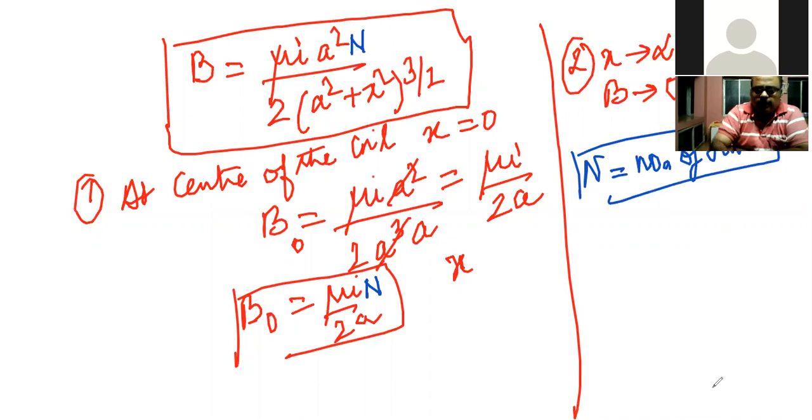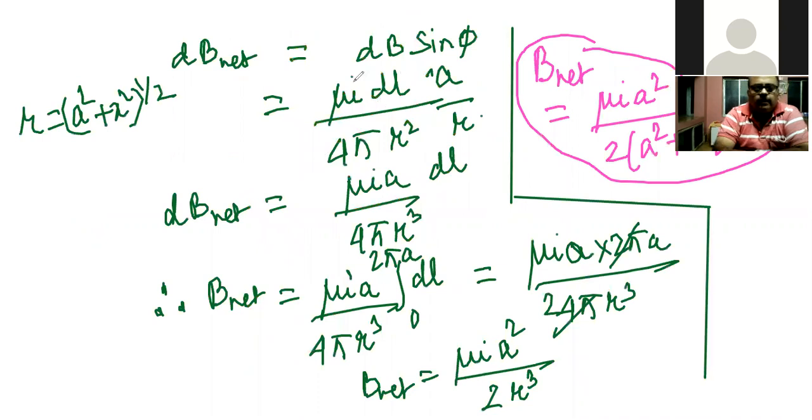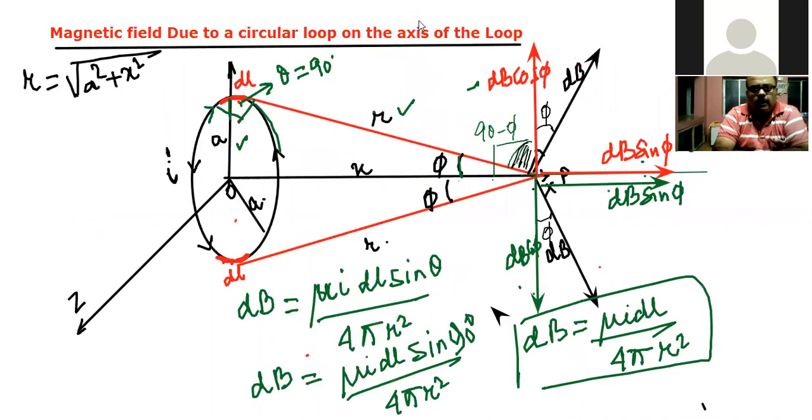So this is the total proof of the magnetic field intensity due to a circular loop at a point on the axis of the loop, and this is a very important proof. You have to remember it. Okay, so I think the proof is very much